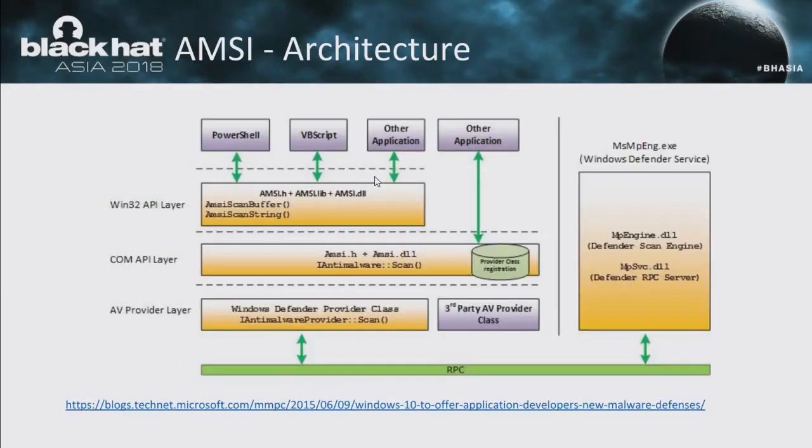And then we get to talk about the architecture. After all the pieces are kind of in place, let's take a look at the big picture. So we have PowerShell, right, calling AMSI scan buffer or AMSI scan string, and AMSI scan buffer and scan string, and also the initialization functions, they all work with a class called anti-malware that we saw before. Now this class is an internal class for AMSI, and I honestly don't know why it's on MSDN, but it's implemented entirely in AMSI DLL, and what this class is in charge of doing is managing all the different